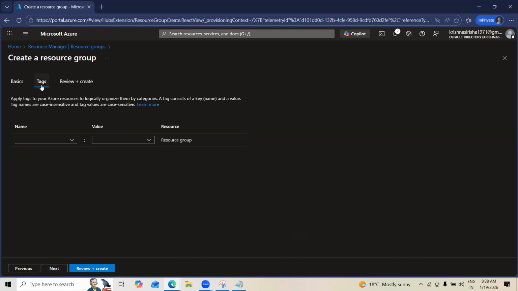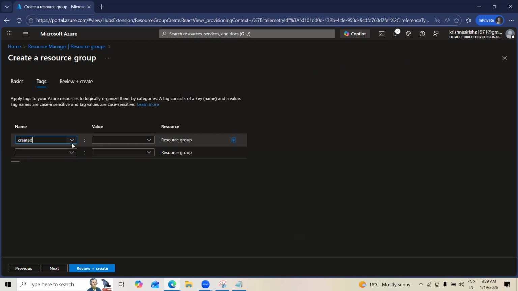So here we can see tags. You can see the tags for each and every service. What is the purpose of tags? Tags are nothing but, for example, you want to provide some information while creating your resources. In my company, in my project, we followed like that. Who created this resource? Okay, for example,